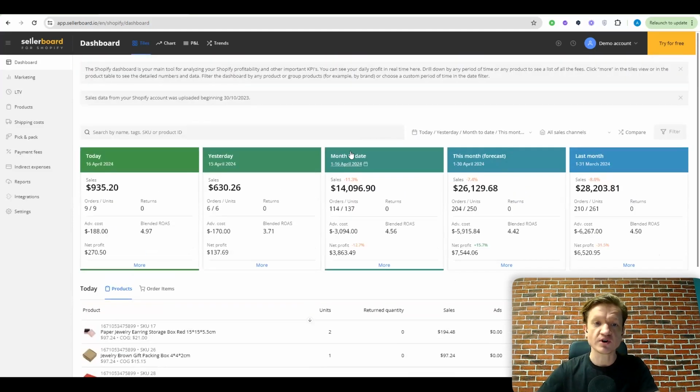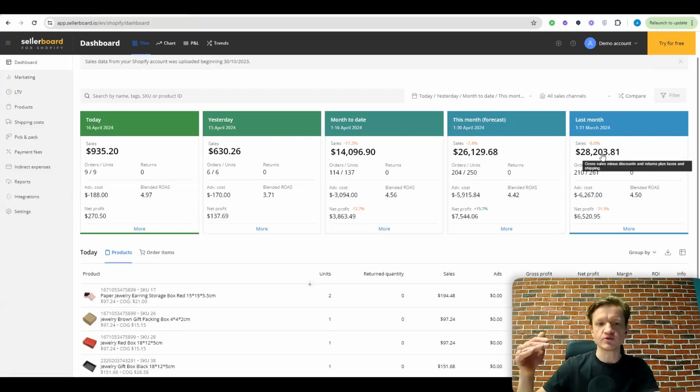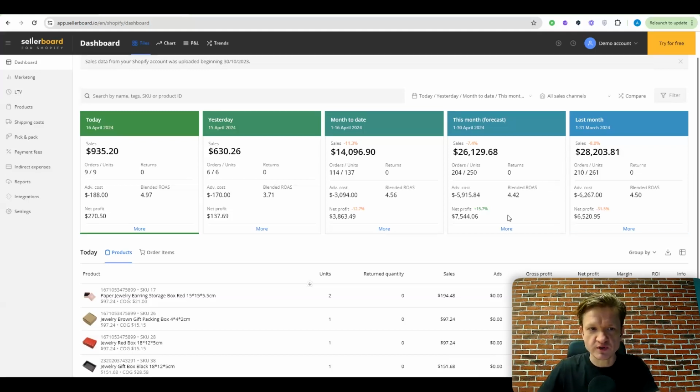But for those who are new, this is the profit analytics dashboard that gives you the option to understand at a glance how well you're performing in terms of your profitability. And you can do it on several levels. You can do it on an account level. You can do it on a product level and really drill down into the details that help you understand what are the main components of your profit calculations when you end up with a certain profit at the end of the day.